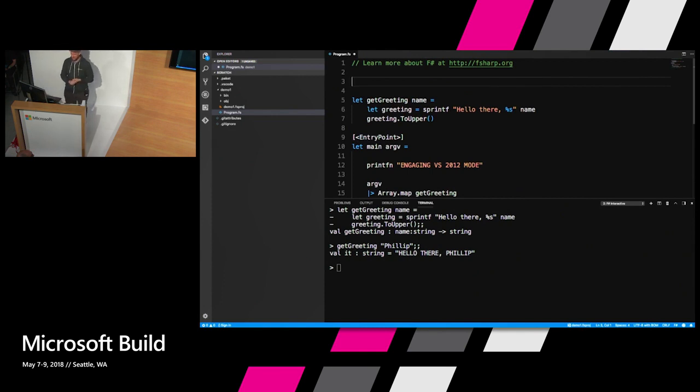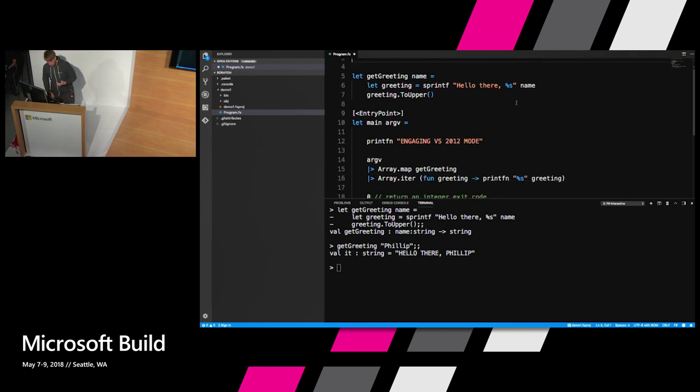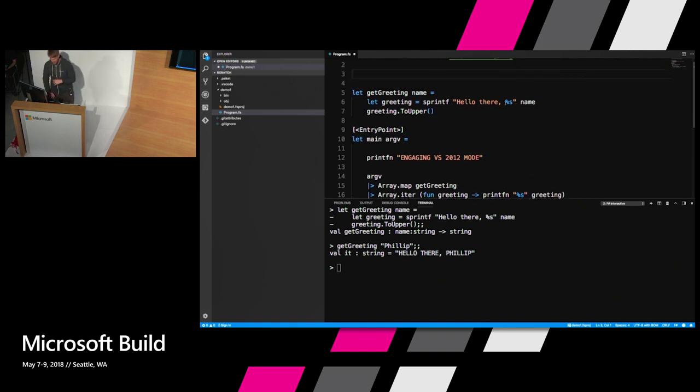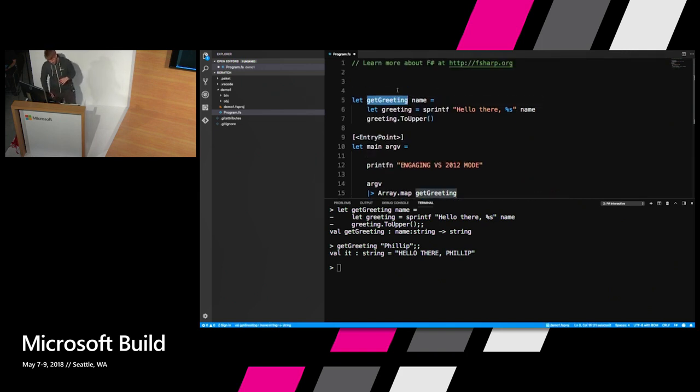This isn't particularly serious programming, but this is quite intentional because the core of functional programming in F# is just acting on functions, taking data, passing it to functions, acting on that result, doing something like printing it out. That is the core of what you do in all of F# programming. And although this wouldn't necessarily be a whole lot of code if you were to do it in C# or another object-oriented language, it's just not a whole lot of code to take some input and produce some other output based on some other functionality. I could do something crazy inside of getGreeting here. But to show you that whole less code to do more stuff thing,